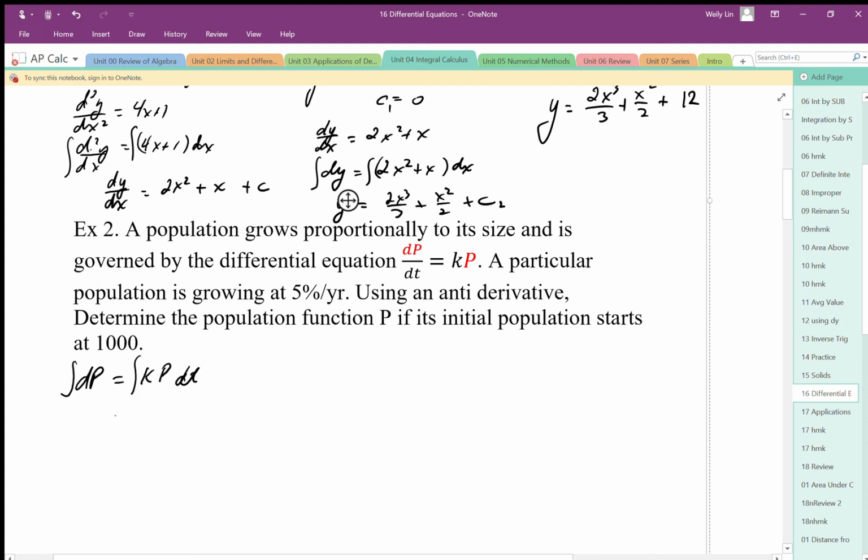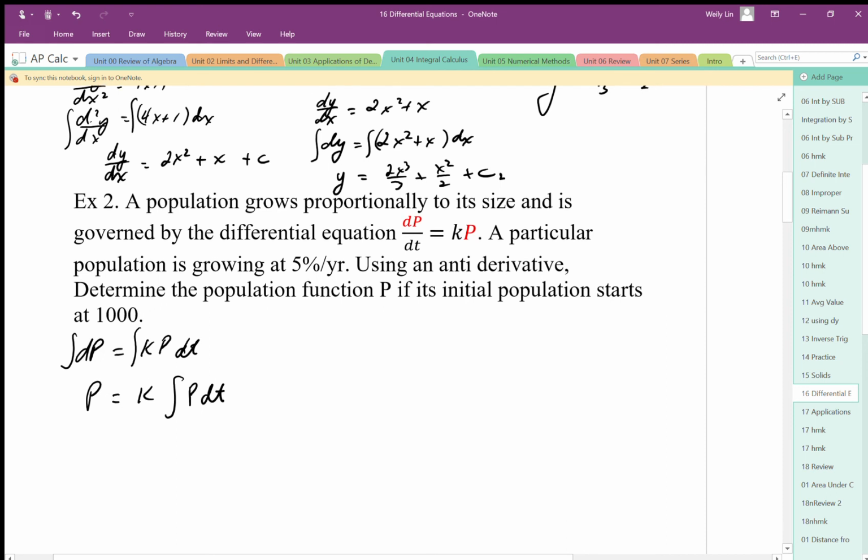So I'm going to have p is equal to the integral of k times p dt. So what function, when we anti-differentiate, is itself? Well, that's got to be the e function. So we're going to have p of t is equal to k e to the t plus c. So we need to solve for k. Well, in this case, k is my